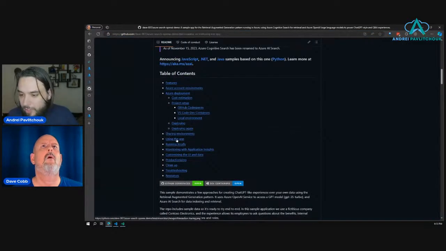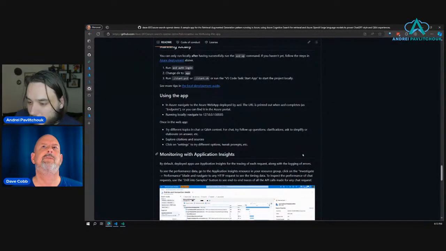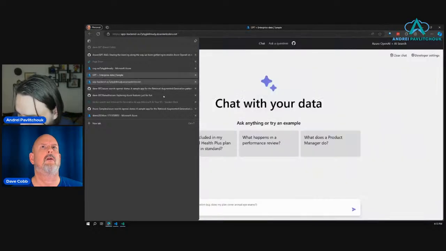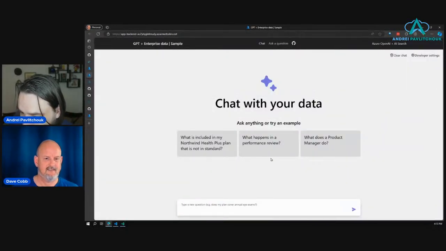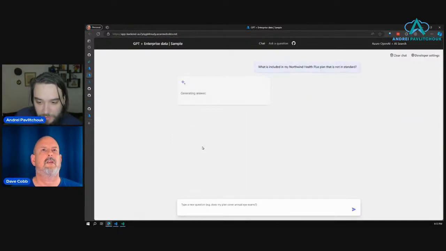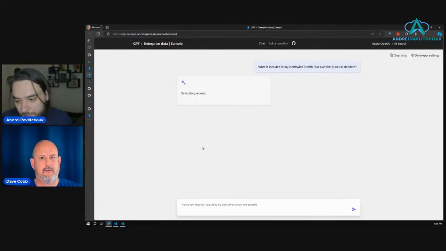So they say run AZD auth login, then change your directory to the app, and then run the start.ps1 or start.sh, or run the VS Code task start app. Okay, all right. It did actually end up coming up. So yes, it says backend here. But they give you these different questions that you can try out, and there's a